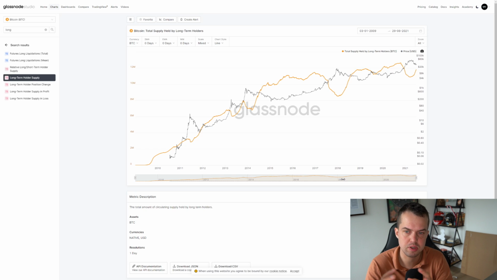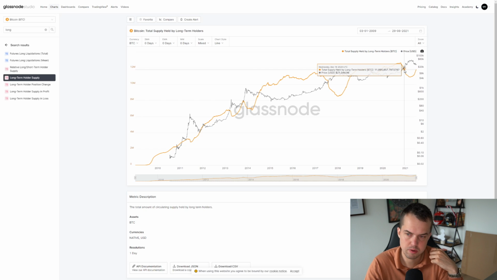But in this case, you can see that that's always happening. So in 2017, we see that the short-term holders were increasing heavily during the run. In 2013, 2014 you will see it, and in the last run you can also see that while the long-term holders' supply decreased heavily in the run upwards, the short-term holders were increasing significantly as they are buying into the markets at this stage. So what we see in the recent crash of the markets,